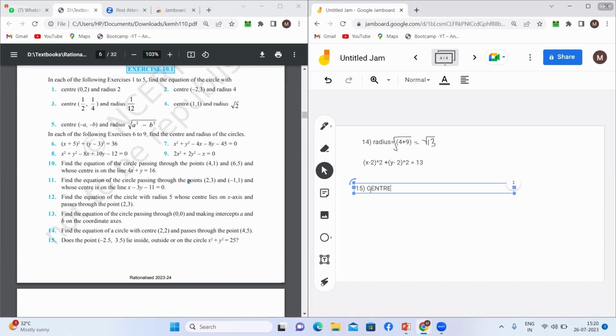सो पहले तो मैं लिखता हूँ अपना सेंटर यहाँ पे हो जाएगा 0,0, सेंटर इज इक्वल टू 0,0, ठीक है। फिर मेरे को पॉइंट दिया हुआ है -2.5, 3.5, ये मेरे को पॉइंट दिया हुआ है, ठीक है। तो मेरे को बस इनके बीच की डिस्टेंस निकालनी है। सो डिस्टेंस इक्वल टू 2.5 स्क्वायर मतलब 6.25, क्योंकि 2.5 माइनस 0 2.5 होगा, 3.5 माइनस 0 में 3.5 होगा, तो 3.5 का स्क्वायर हो जाएगा 12.25। सो बेसिकली इसका अंडर रूट होगा मेरी डिस्टेंस।